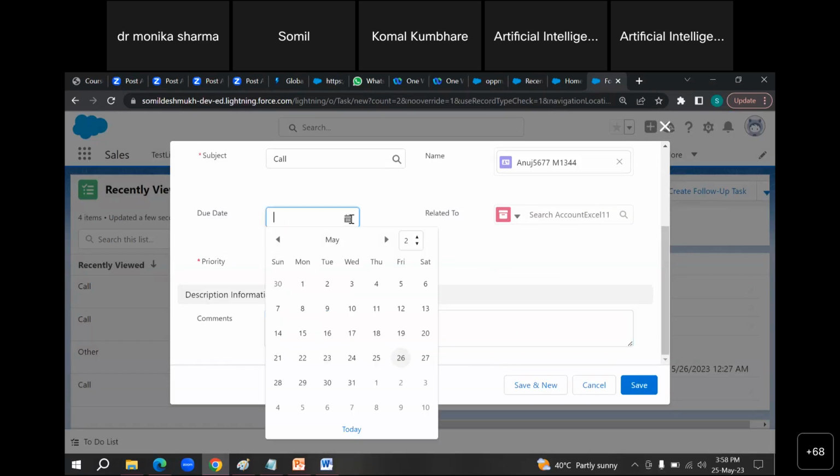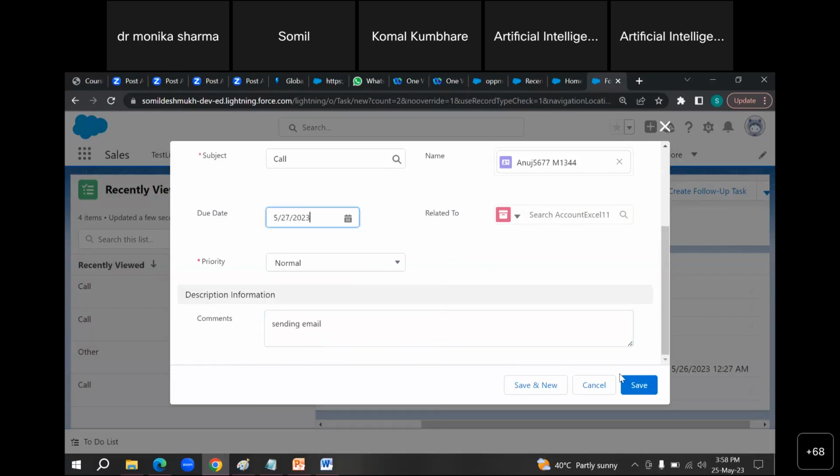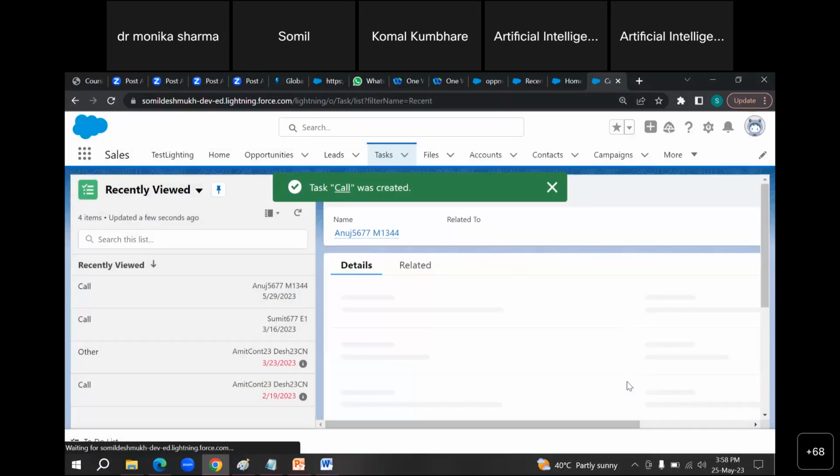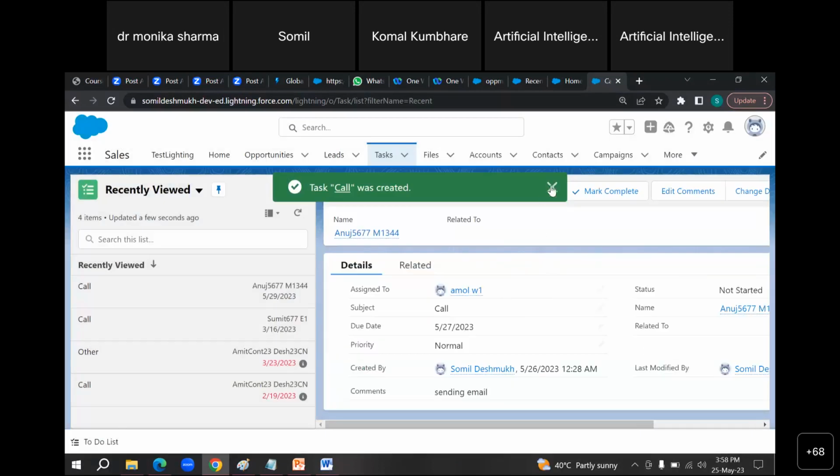Due date, 2 months, and send. So like that can be a follow-up task with that same task. So got it? So this is the way in which you can create a task. So a task is for your employee. So whatever part they have to do, they can do it from the task part.